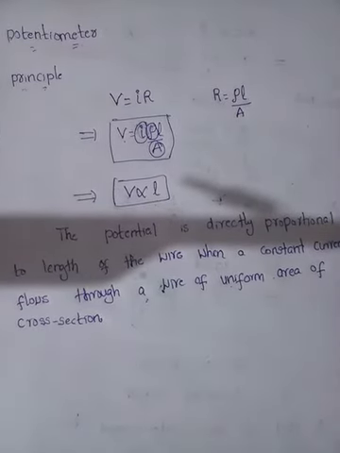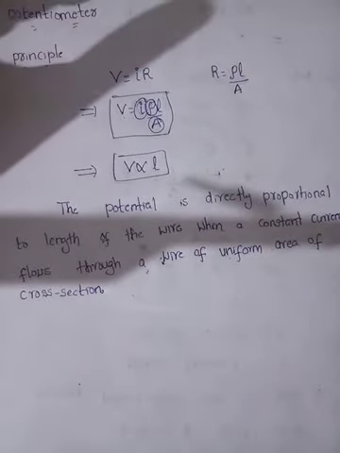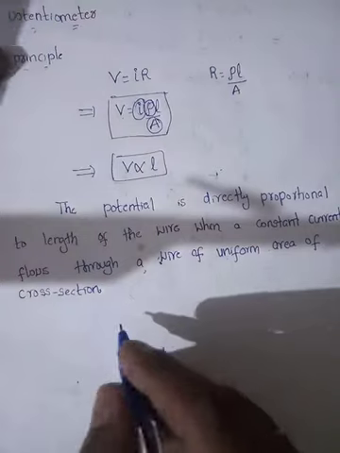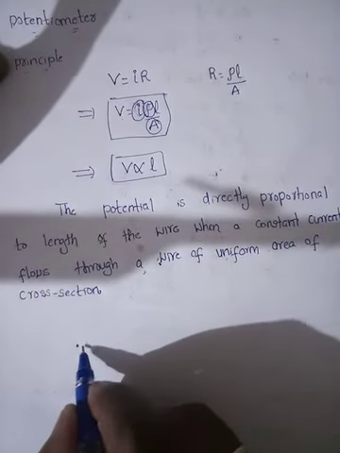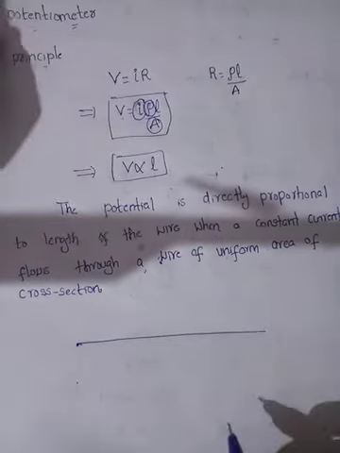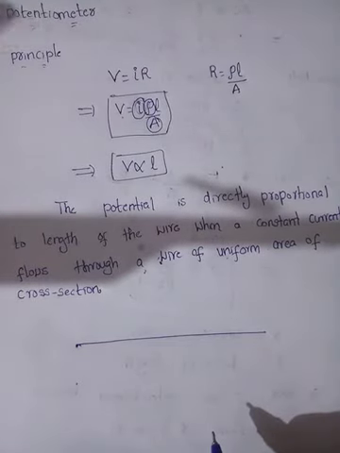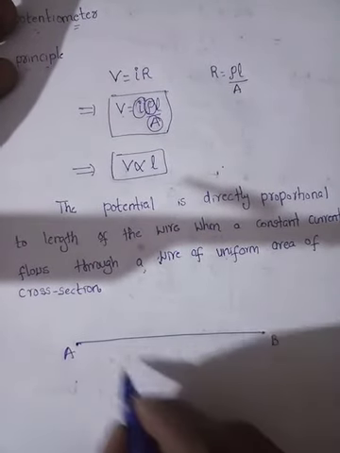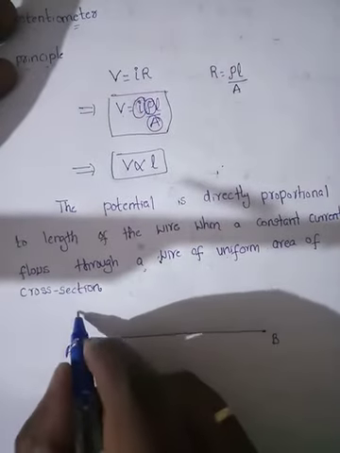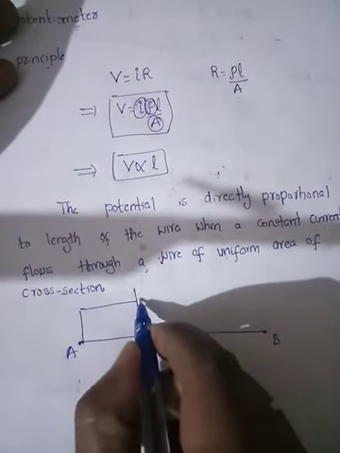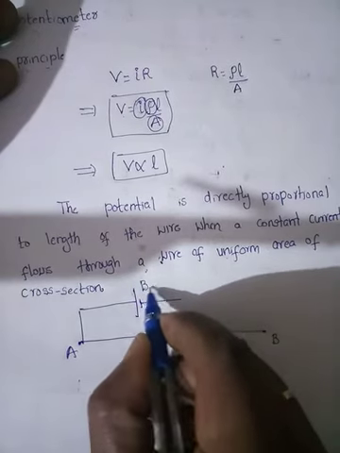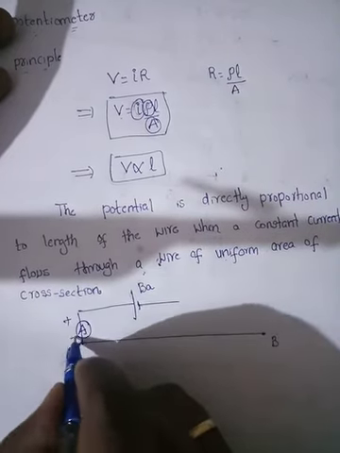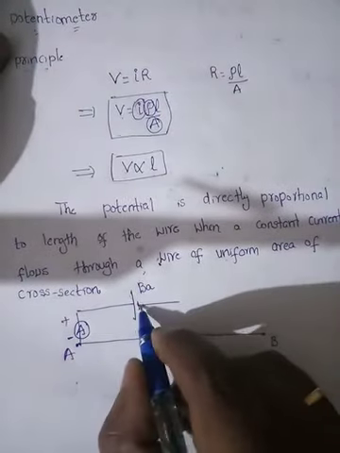So let us see how we can make this practical. The practical concept is very simple. A wire is stretched between two ends. It is actually 3 to 4 meters, not a 1 meter wire, but I am considering here one layer. Actually this has 3 to 4 layers. Now one end is connected to a battery which is fixed, and here an ammeter is connected to the battery to measure the flow of current,